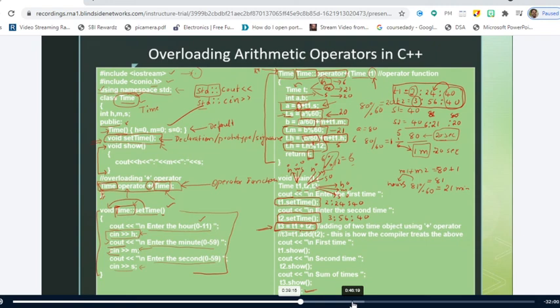Operator overloading means we are defining an operator function such that we are making the plus work with the objects T1 and T2, and I am assigning the value to T3, right? So here, the point I want to tell you is, what is this plus? Is it a binary operator or a unary operator? Binary operator, sir. It is a binary operator. But if you go to this operator function, how many parameters am I accepting?